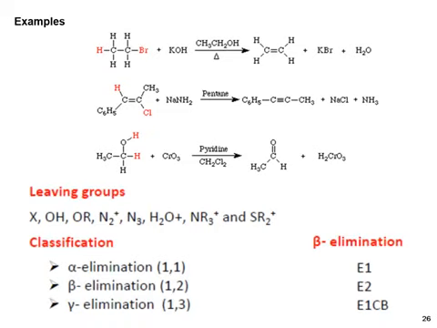Here, ethyl bromide, when it reacts with calcium hydroxide, then the hydrogen and bromide are removed through the formation of an olefinic bond. This is the second example. In this case, hydrogen and chloride are removed and form the triple bond, and in the next case, which is the oxidation, hydrogen is removed from the oxygen and carbon and forms the carbonyl bond.